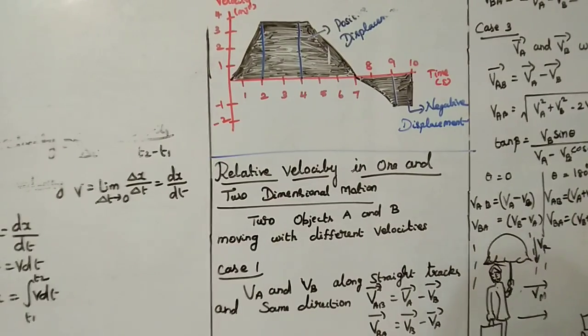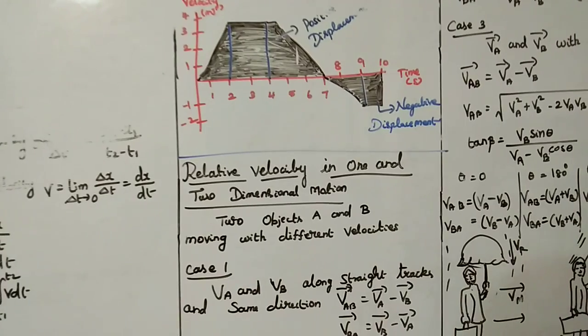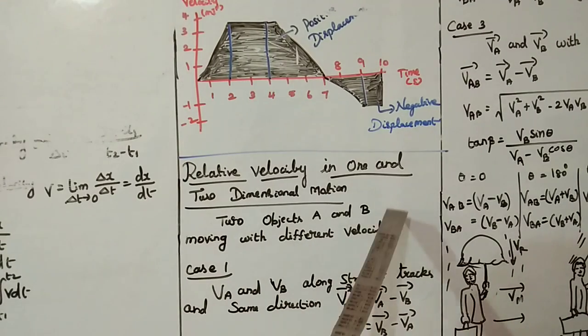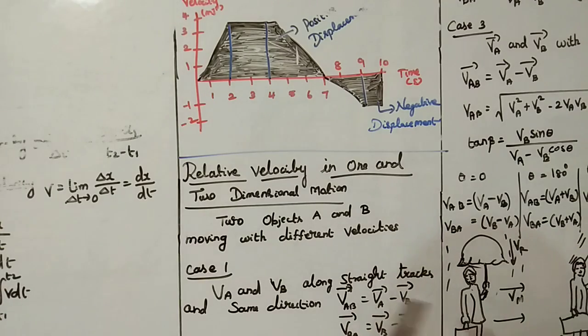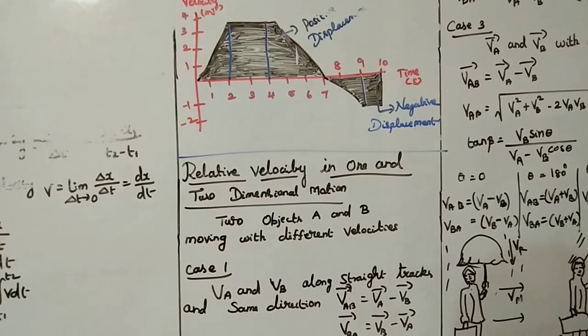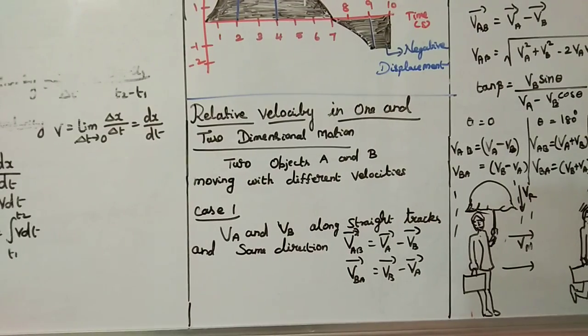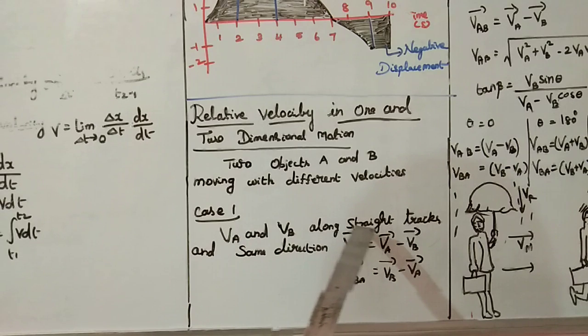If two objects A and B are moving with different velocities, the velocity of A with respect to B is given by VAB. So VAB is the relative velocity of A with respect to B, and VBA is the relative velocity of B with respect to A. VAB can be written as VA minus VB, and VBA can be written as VB minus VA. In this relative velocity topic, we have 3 cases. First case, VA and VB are along